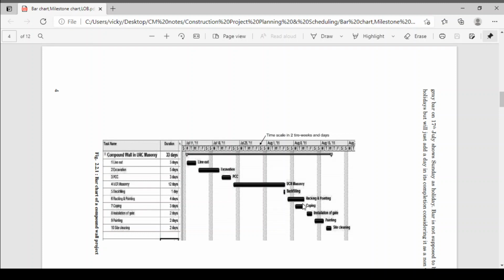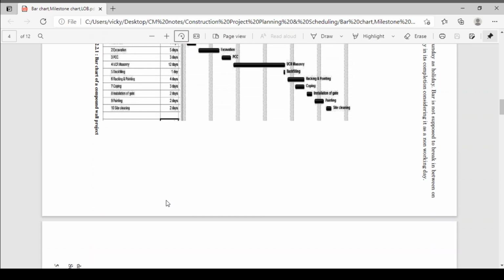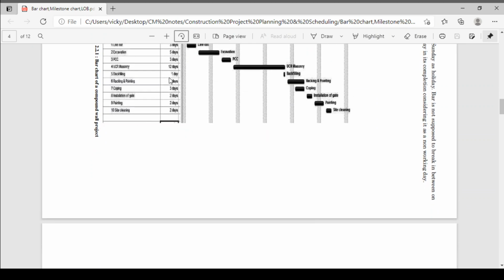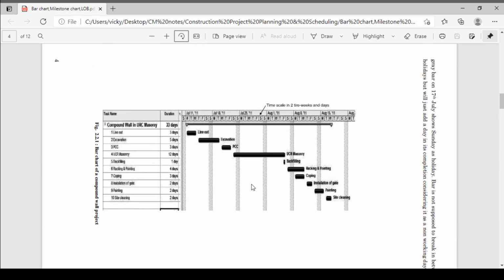So both these activities you can do simultaneously, right? So here also you have maintained the end-to-end relationship between these activities. Here you have reduced again 3 days, right? So here 3 days, here one day, then again the next activities are in end-to-start relationship. Here your project will complete. So 3 plus 1, that is 4 days, you have reduced, which means from 37 days your project will complete in 33 days.